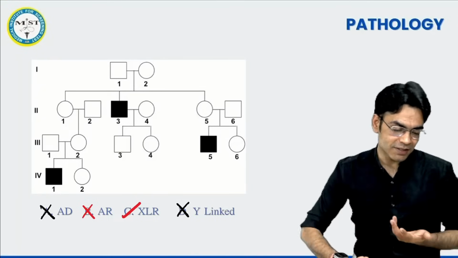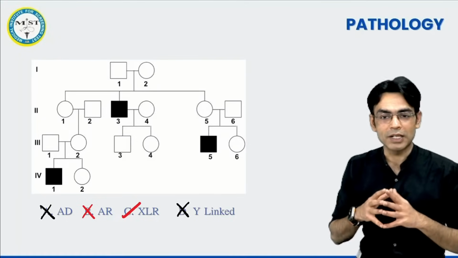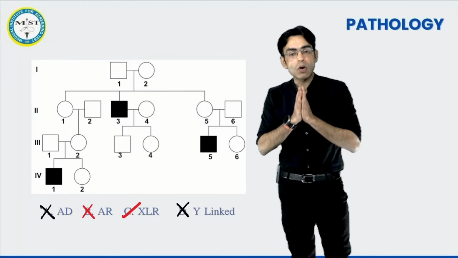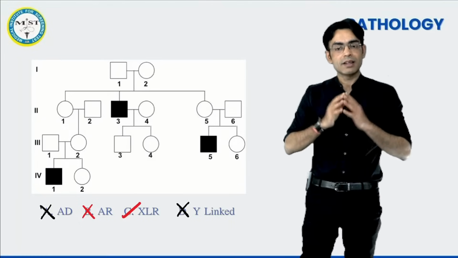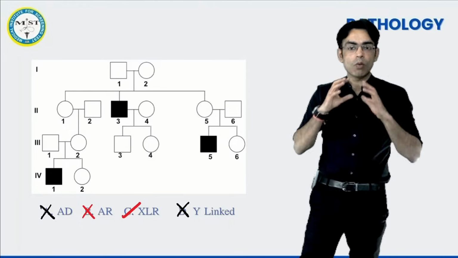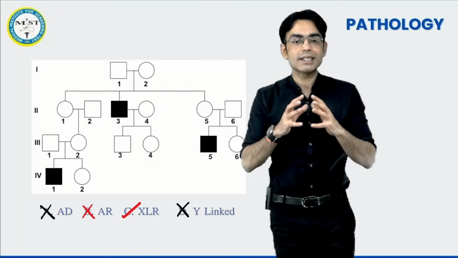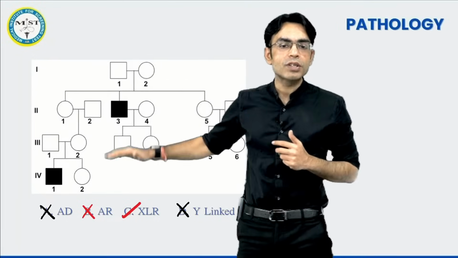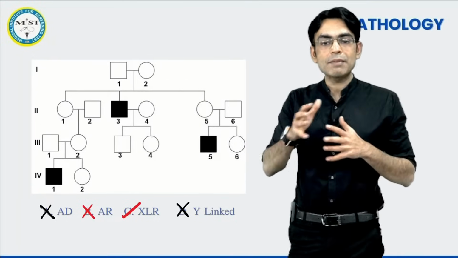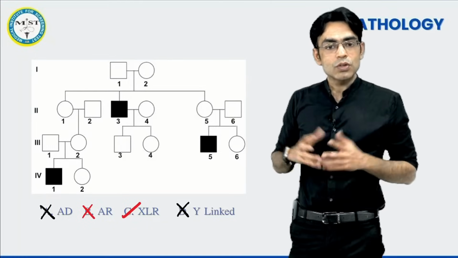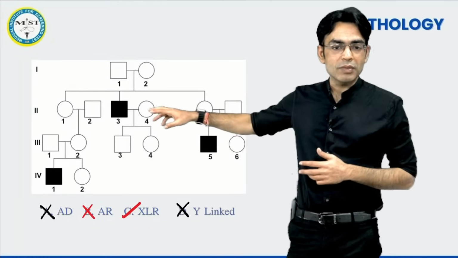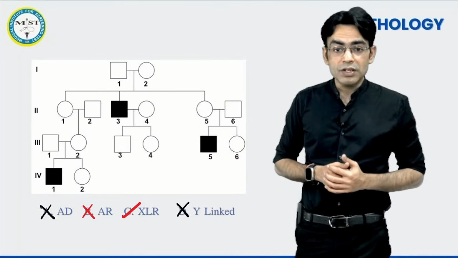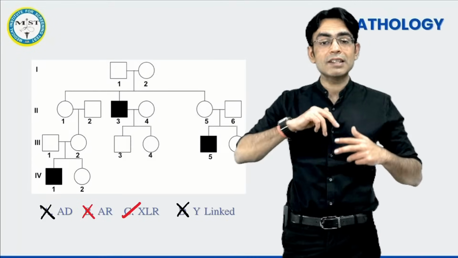Yes, this is X-linked recessive. Let me explain once more. Whenever you are talking about a pedigree analysis, there are two things you have to think about. One, you see the generations, how many generations are given. Like in this, there are 4 generations given. And you have to see whether you are seeing a skipping of generation, yes or no. So yes, you are seeing a skipping of generation, like from this second to third, there is no disease which has come. And second, you have to see whether there is a gender bias or not.